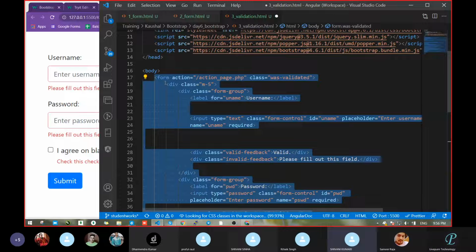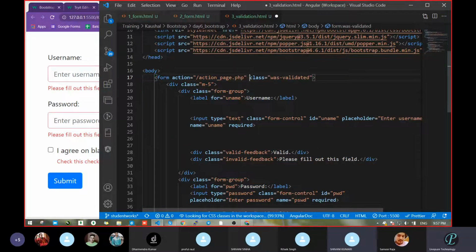The same thing we can do here. First, we are on the parent, the form, and there we passed the class was-validated. Once we enter the data, with the help of this class, it triggers the message depending on whether the input field gets some value or not. Accordingly you get either this one or that one.